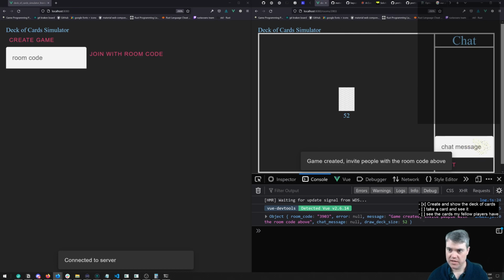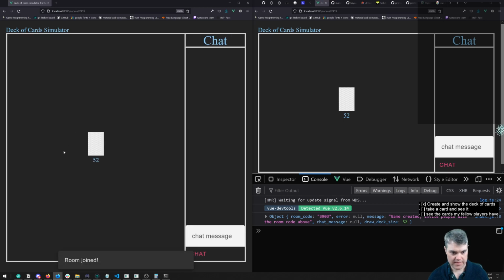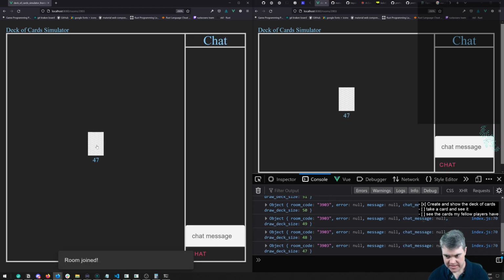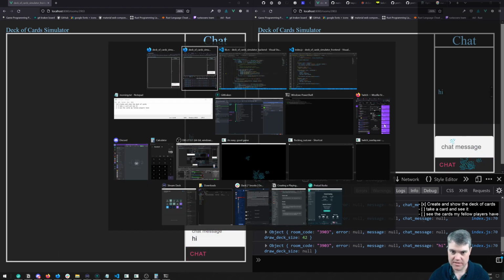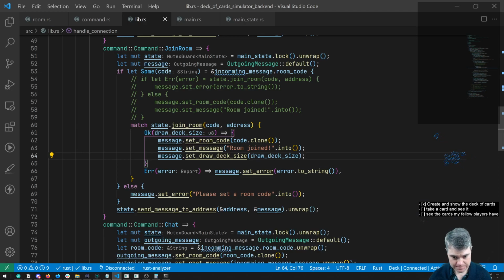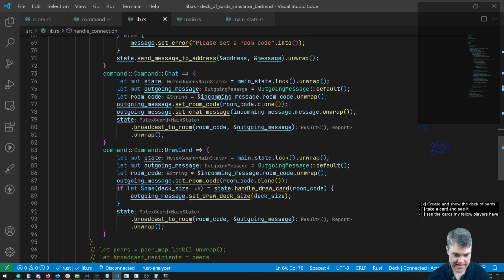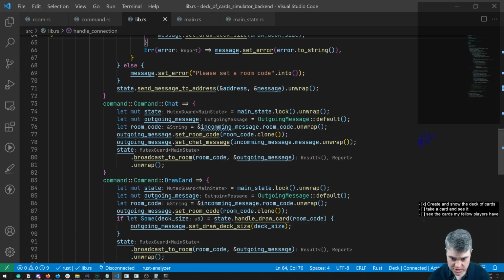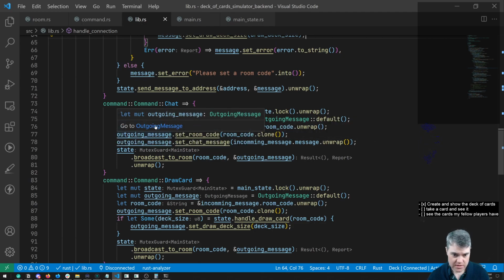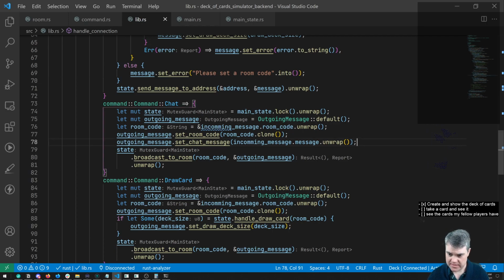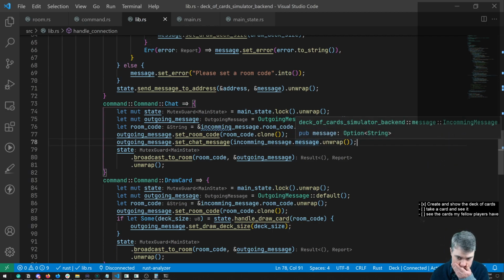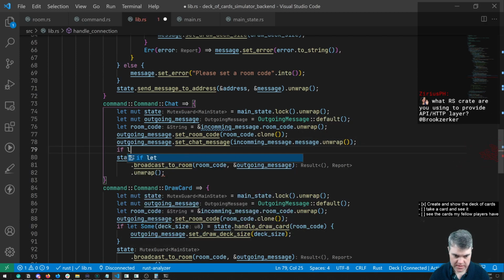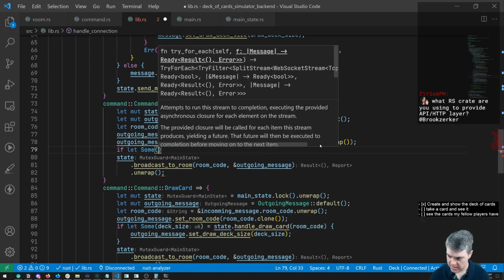So if I create a room here, that's 3903. Now, okay, I'm in here. This is working just fine, but if we say hi, those disappear. So at the same time, when we handle a message, so a chat message, we also need, so we have the room code, we need to get the if let some